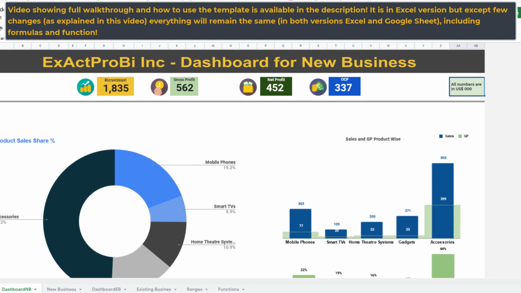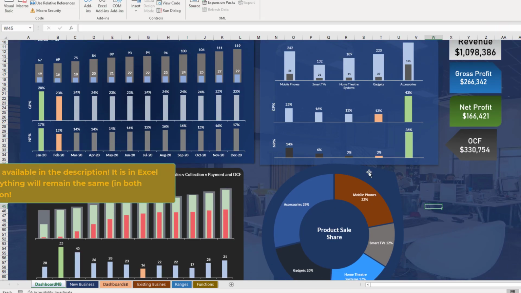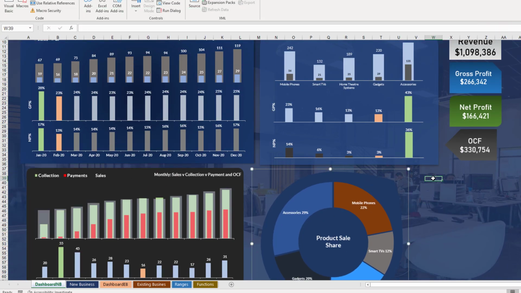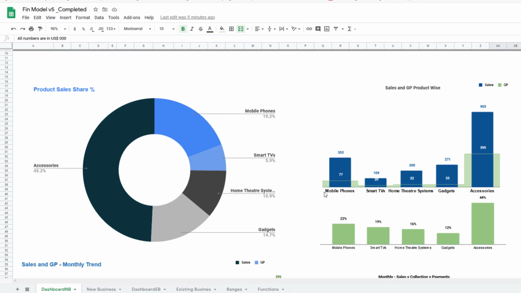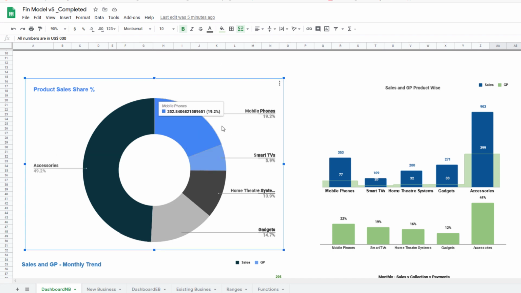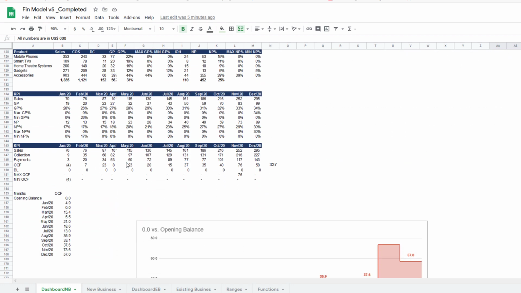Now the first chart is the donut chart, which is slightly different from the Excel sheet version. If I go here, in the Excel version, the donut chart is different. We cannot bring a background as we do in Excel with the shapes here, but I have kept the white background, which also looks very nice. And here it's basically a very simple chart based on your data. So here the data is also there.